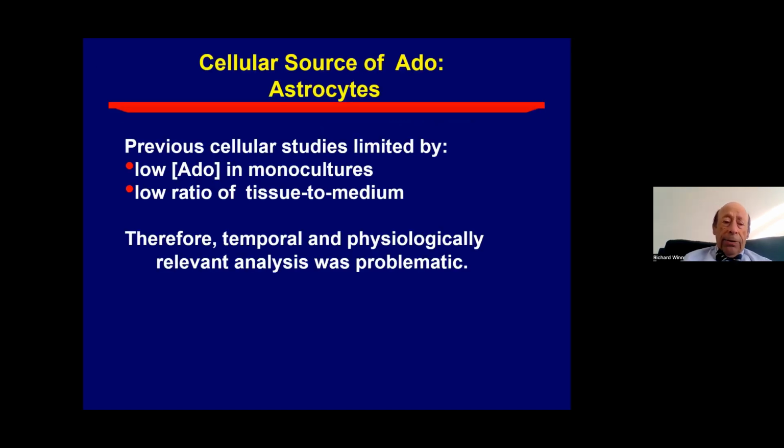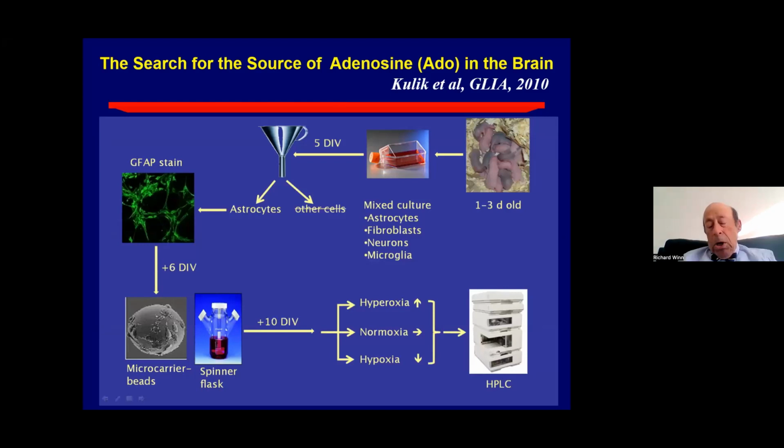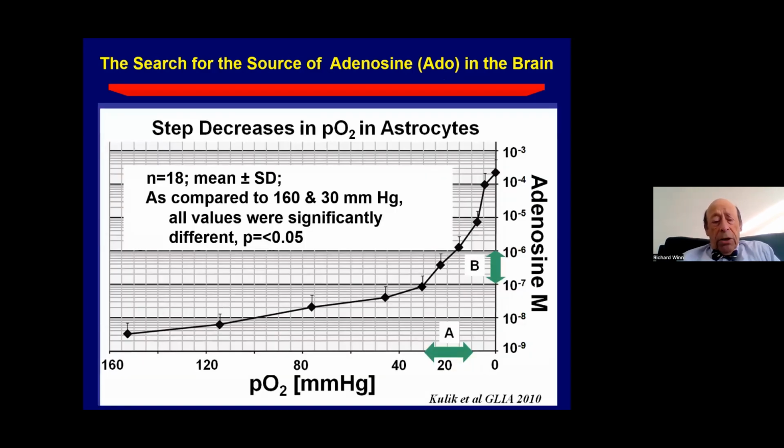We developed, as it says here, a new approach, because previous cellular studies were limited by monocultures and low ratio of tissue to medium. So we developed a new way to harvest these cells and get a greater volume of cells so that we could discern changes at lower levels. And what we found, here's astrocyte cultures in which we did step decreases in oxygen. And then as you can see, a significant response here as compared to 160 and 30, all the values were